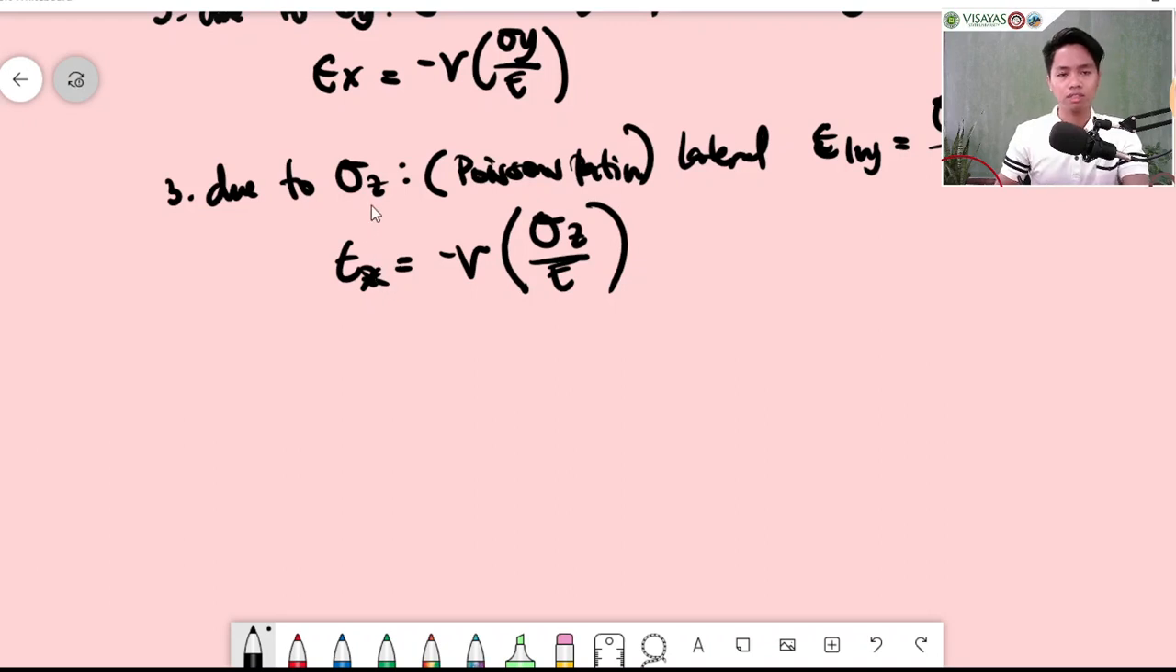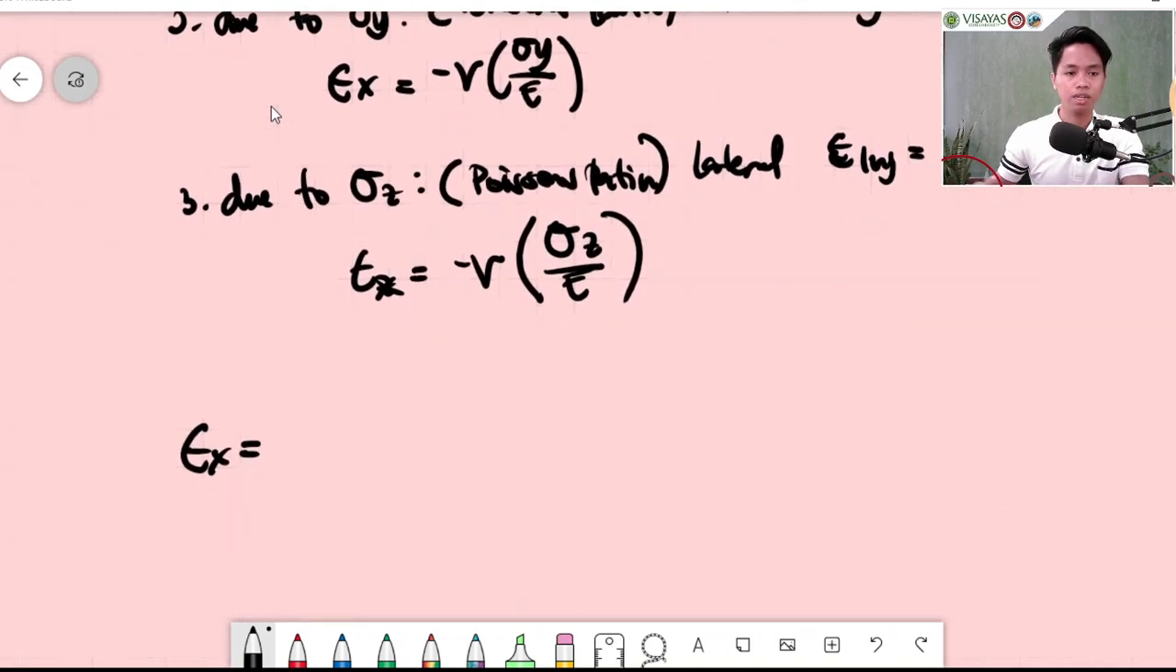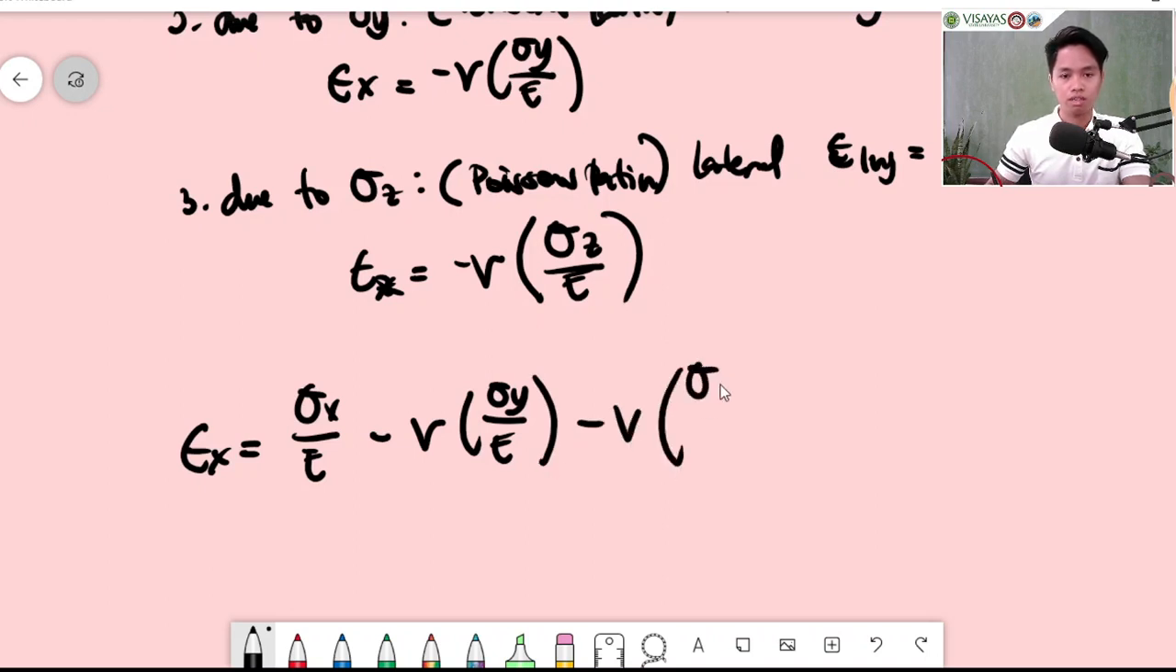What is the total strain at the x dimension? So therefore, that would just be due to the stress at x, so that would be sigma x over E. Then the lateral strains would be negative V sigma y over E, then minus V sigma z over